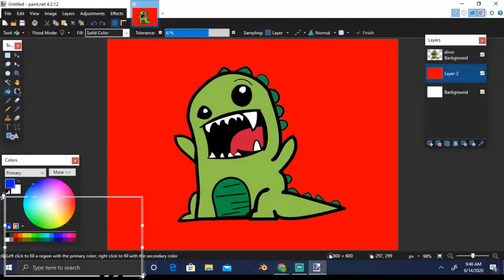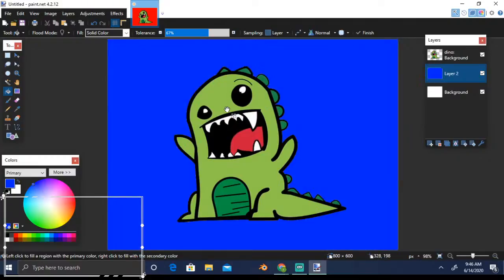Even though this image is visible, here Layer 2 is selected. So whatever I do will be affecting this Layer 2, right? So let me put this. Here you see nothing happened to this image, even though I clicked on this image. The color of this image did not change. What changed was the layer which I had selected. Now it has become a blue layer.